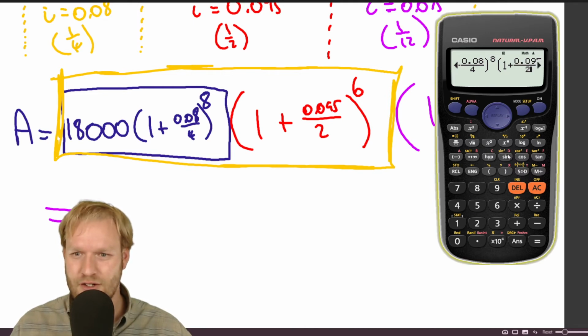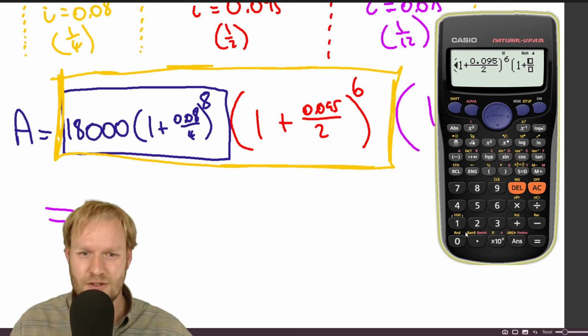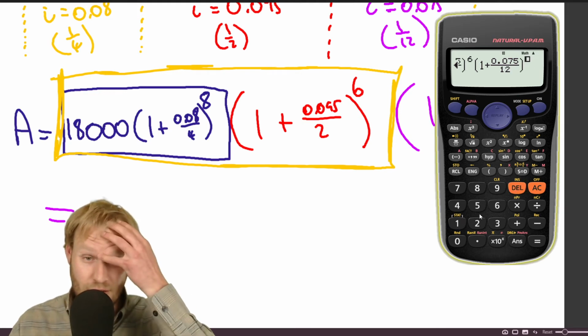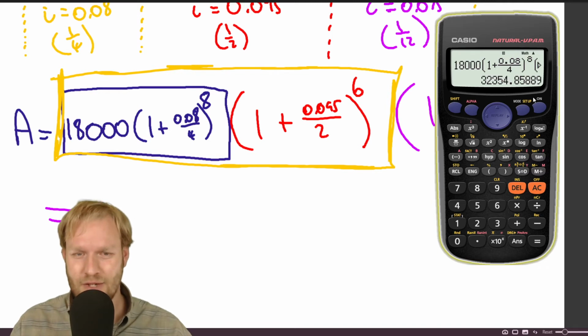0,095 over 2 to the power of 6. I was just about to say, I hope that I'm not making too many mistakes, and there's a mistake there, to the power of 6, and that whole thing is getting multiplied by 1 plus 0,075 over 12 to the power of 24. And we get